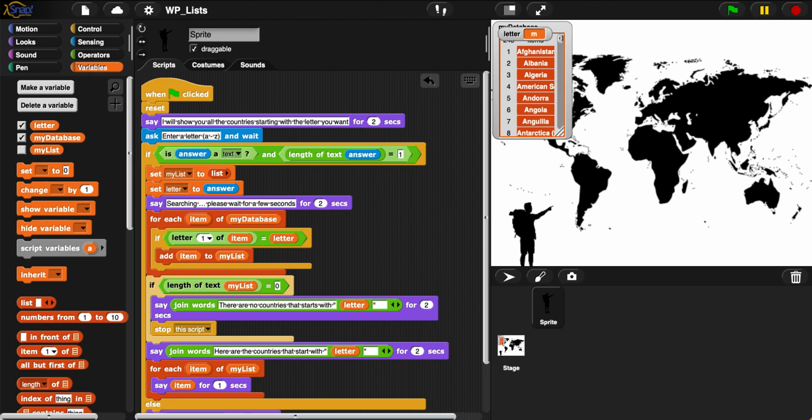Hello. So the purpose of my program is to show the map, and the user can enter any letter, and the engine will search all the countries with the first letter provided by the user, and